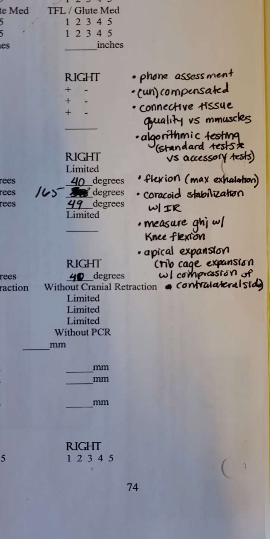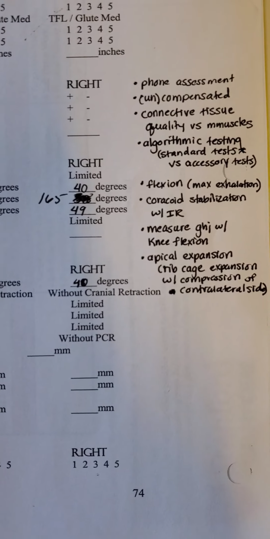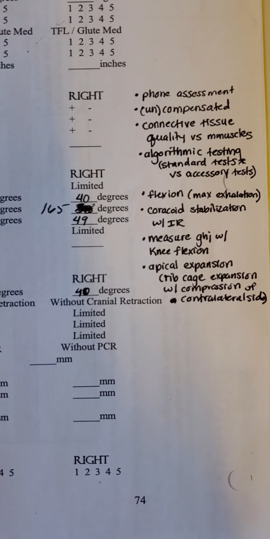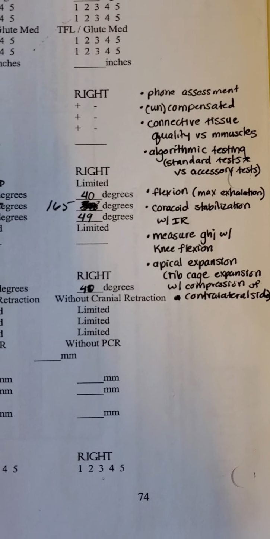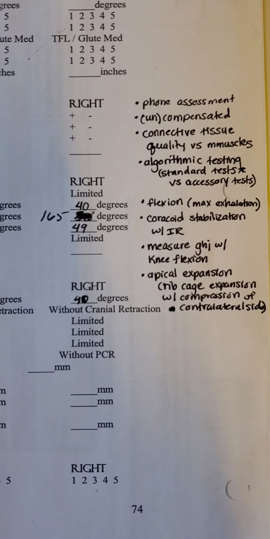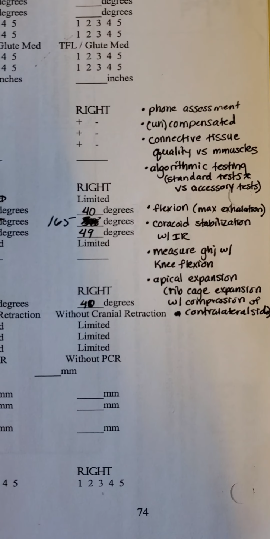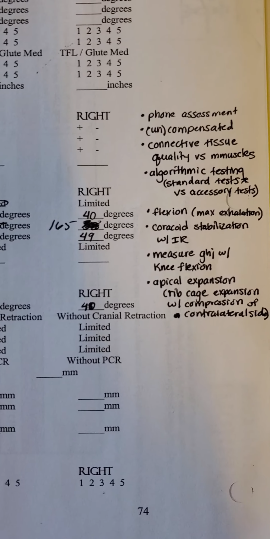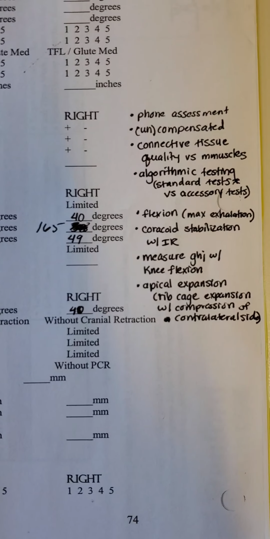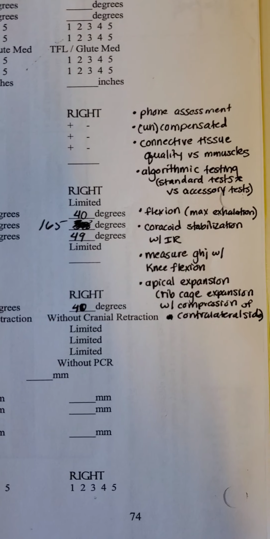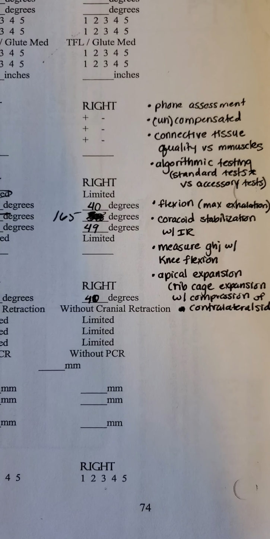We also talked about connective tissue quality versus tight muscles. Examples are with increased tension between resistance 1 and resistance 2, escalators versus elevators, as far as how much resistance is felt between those 2 points and how deep into the range R1 comes on. Examples of this would be with the overhead flexion test of the glenohumeral joint, horizontal abduction with the pectoralis tissue,